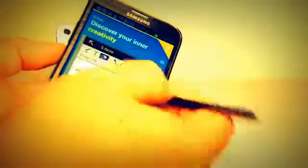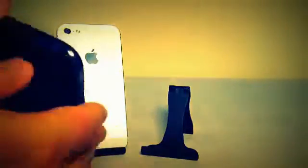You can see we're also doing some drawing, so you can use this as a note taker, as a drawer. If you're very artistic, this might appeal to you as something you can do. If you're a person who loves to write stuff, that can also make a difference for you. Now, one of the things I want to show you is this has a removable